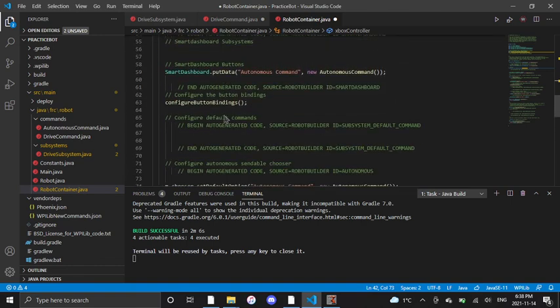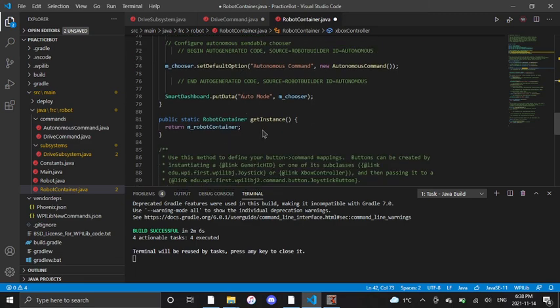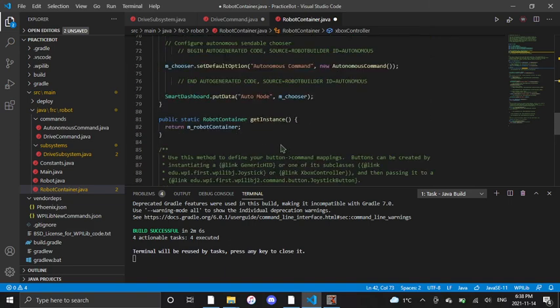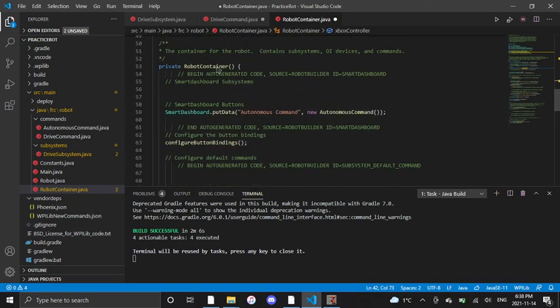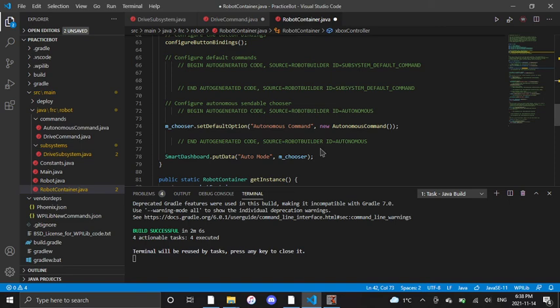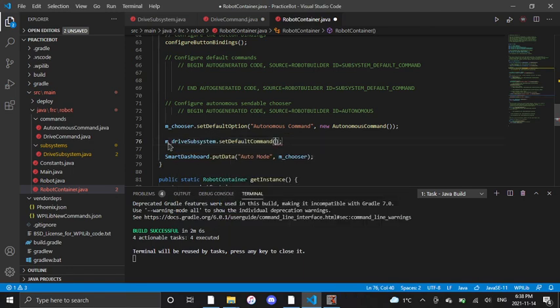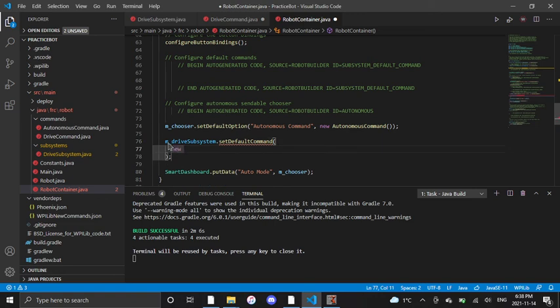Okay, perfect. So we've created our Xbox controller alongside everything else, and you're going to see all this sort of pre-generated code, but when we're first making our RobotContainer over here, we want to set our default function for our drive subsystem. We're going to put it inside of this constructor over here. So let's say we put it right beneath this chooser option. We're going to say driveSubsystem, the lowercase one, not the uppercase one. Let's say m_driveSubsystem, because that's how it makes it over here. .setDefaultCommand. So this is going to set the default command, and we're going to say that this is going to be our new